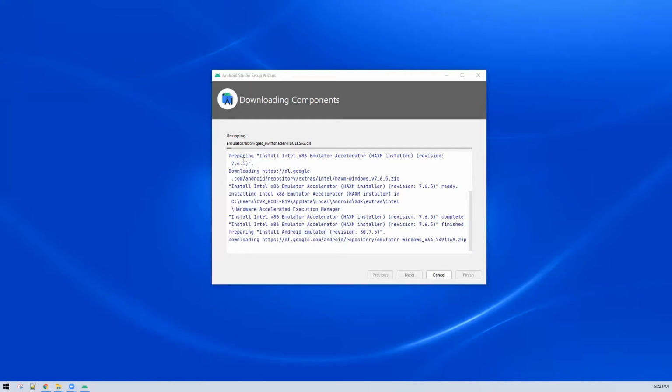Now, as you can see, it is unzipping the emulator files. Now remember that for this entire process, you need to be connected with good internet connectivity. Otherwise, it will not work properly.